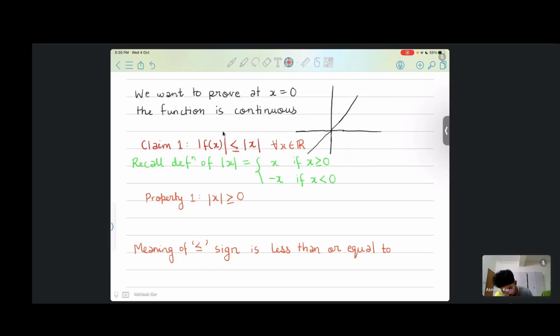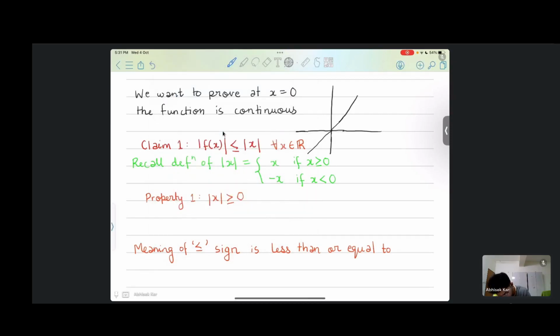So this is the definition of mod x. Mod x is equal to x if x is greater than or equal to 0, and this is equal to minus x if x is less than 0. So the property of mod x is that if you take x to be any number, then mod x always returns a value that is greater than or equal to 0. Why? Because suppose